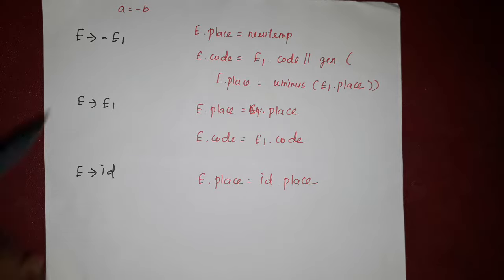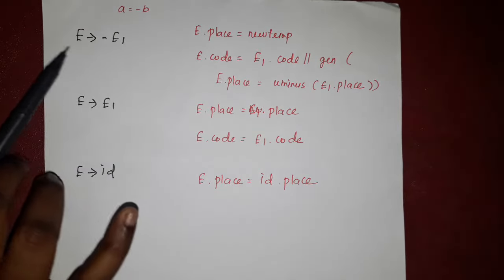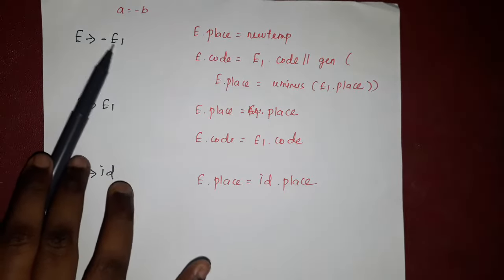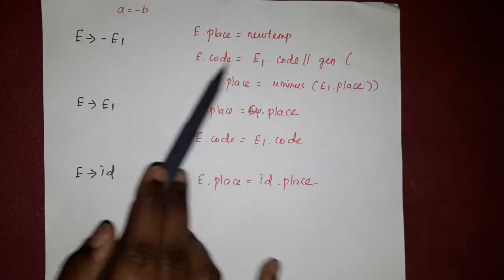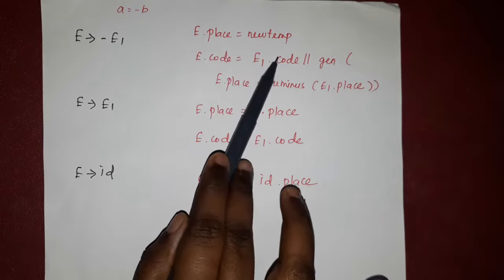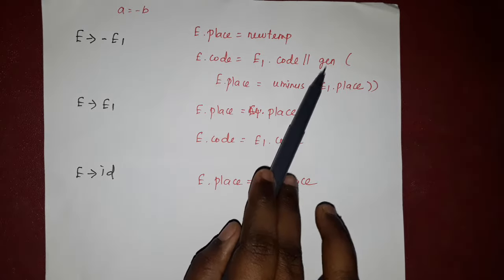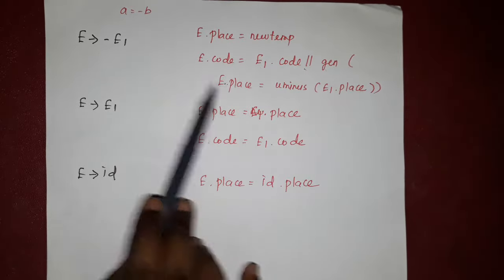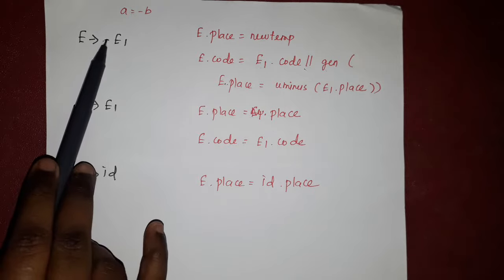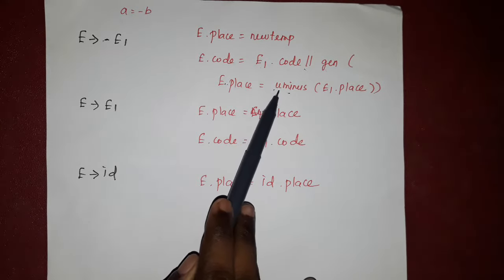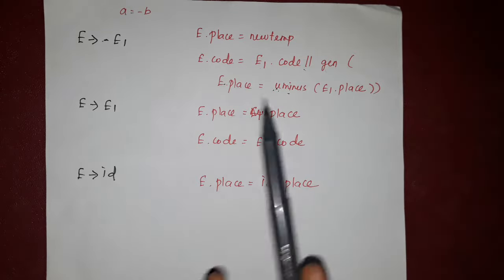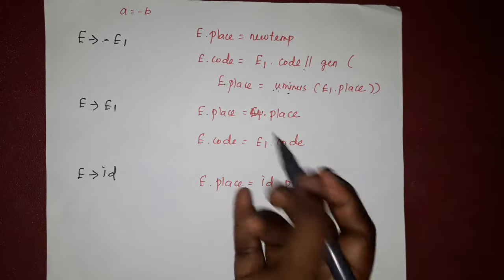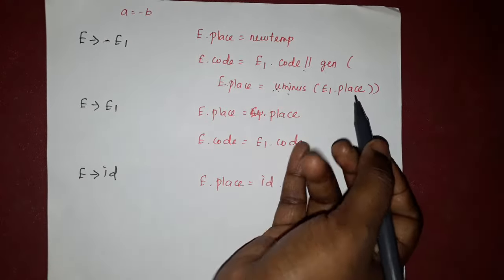So for this assignment statement, we have to write the three address code. Initially, we don't know the value of this expression, so it can be stored in a new temporary variable. And for this value E1, we can write E.code. Then E1.code can be evaluated for getting the value of E1 using the function gen. Here there is only one expression, so E1.code, the concatenation operator and the gen function, and E.place is equal to this unary minus operator. So we are writing uminus, the unary operator. A unary operator is nothing but a single component. So we are writing uminus, and within brackets E.place is equal to uminus of E1.place.